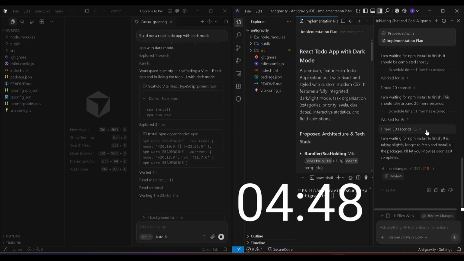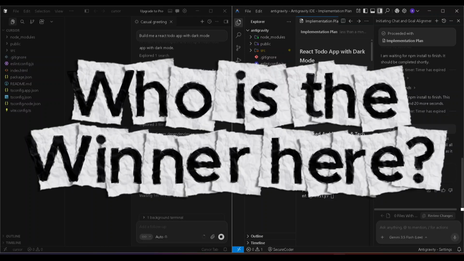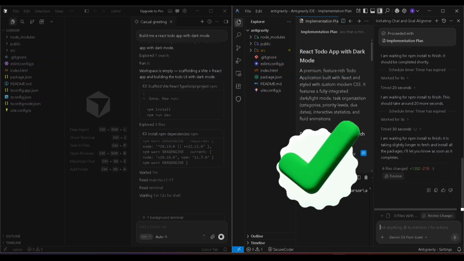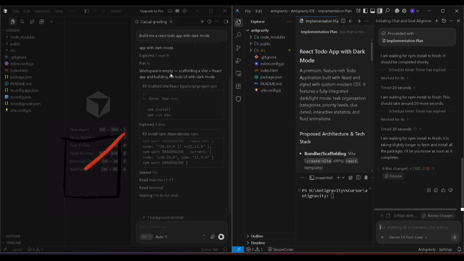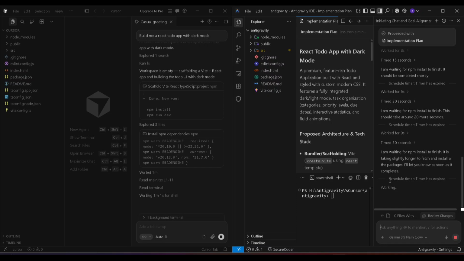Who is the winner? Let's check the timer and decide who is the winner here. So definitely Antigravity is leading here. The speed is very fast for Antigravity, and for Cursor it is still slow. Maybe in the Pro version we get the proper speed. Now we will move on to the